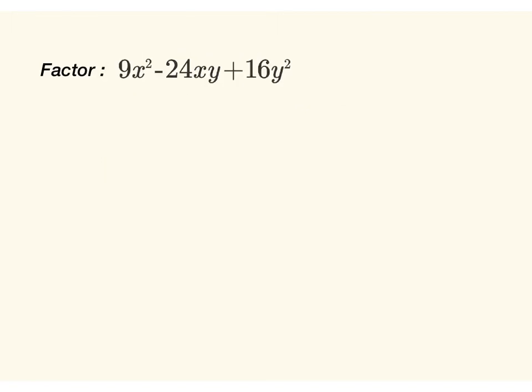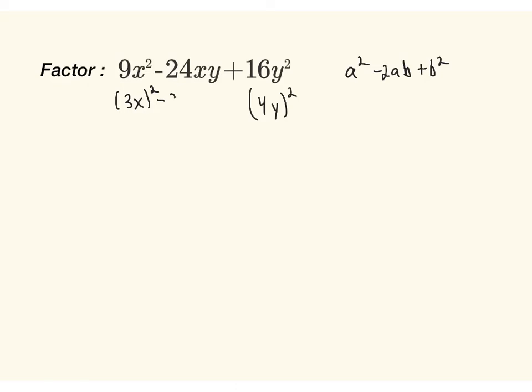So now if we look at this example, we see that 9 is 3 squared and we have x squared. We have 16, which is 4 squared, and then y squared. And it appears that this would fit the pattern of a squared minus 2ab plus b squared. Now, if we look at the first factor as (3x) quantity squared, and the 16y squared is (4y) quantity squared, and we have the minus sign, then the question is,